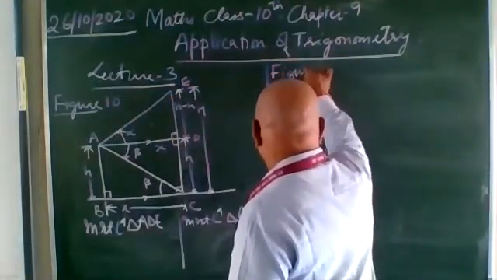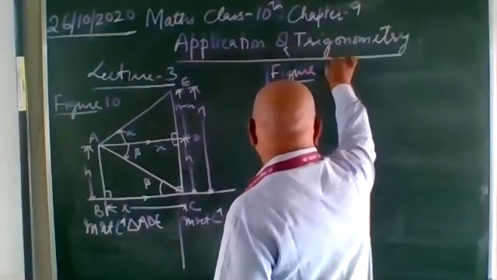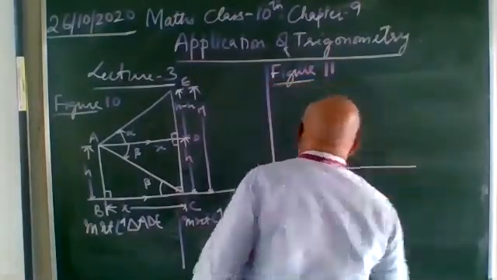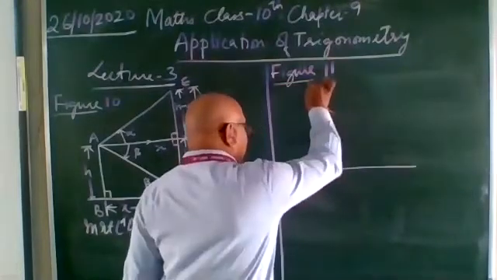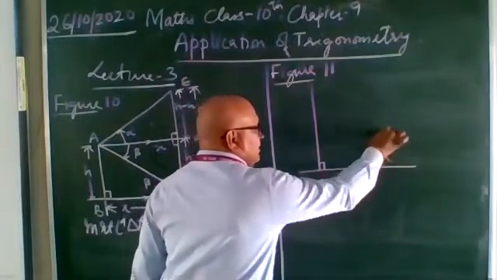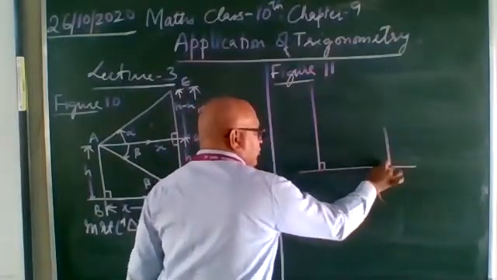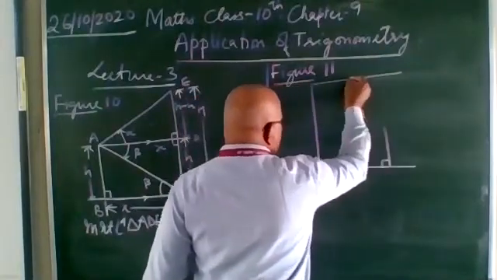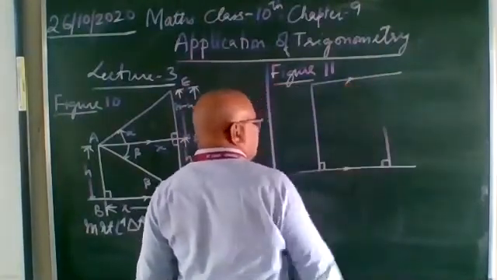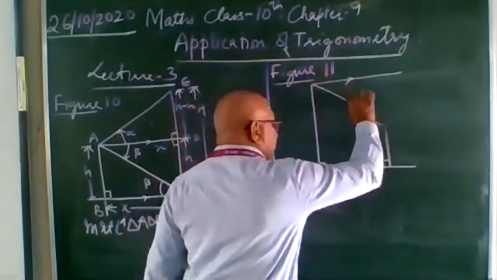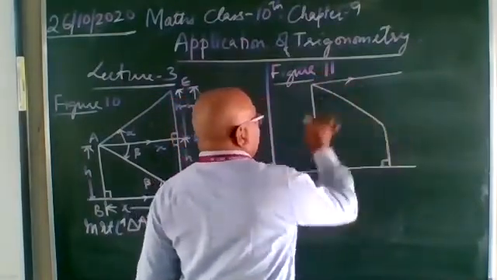Now, another question is that is figure number 11. Now figure number 11 is what? That is a multi-story building is there. Now this is the multi-story building, and this is another pole. You can say that building. You can say that normal side. This is normal side. So what you will see that here the depression of this, that is depression.